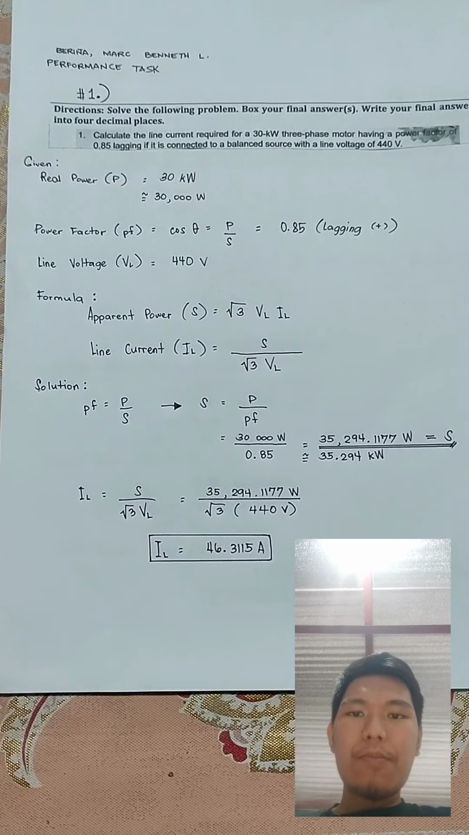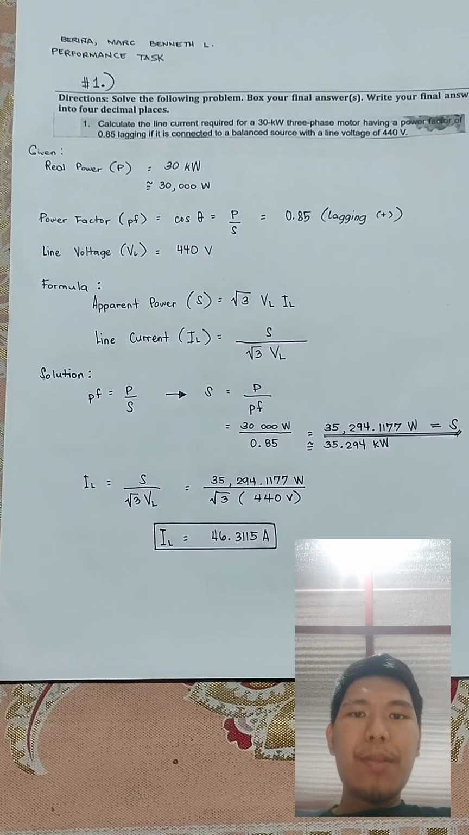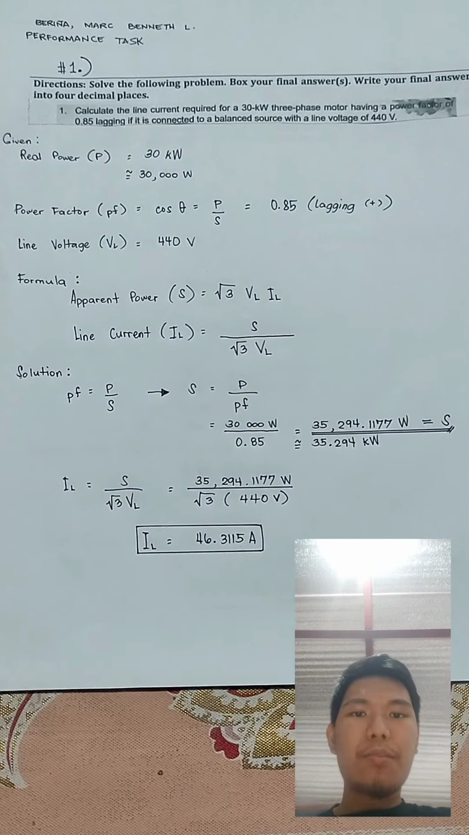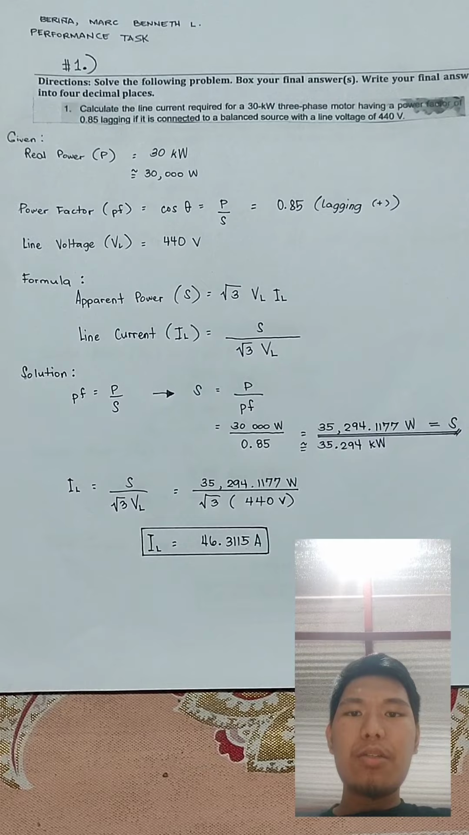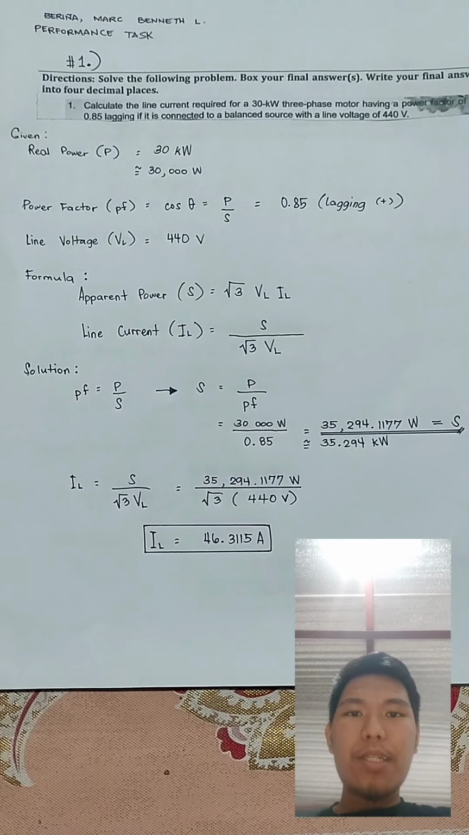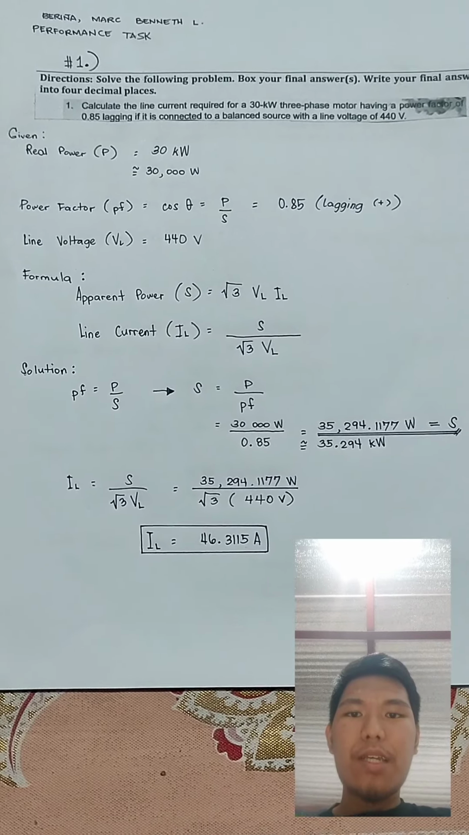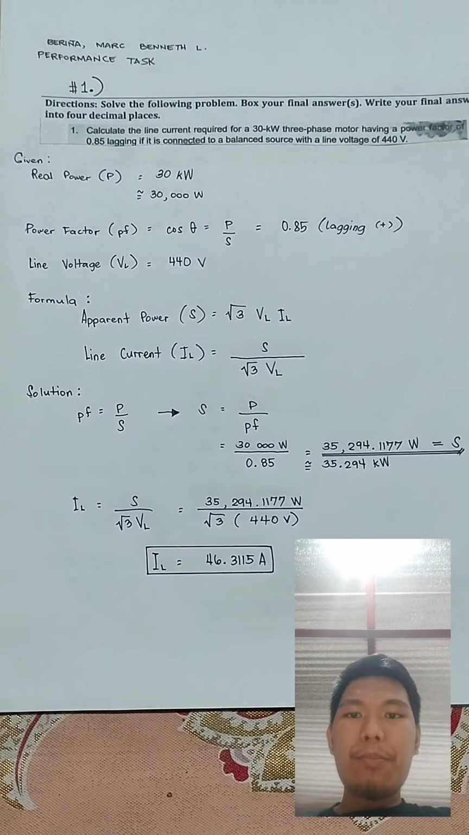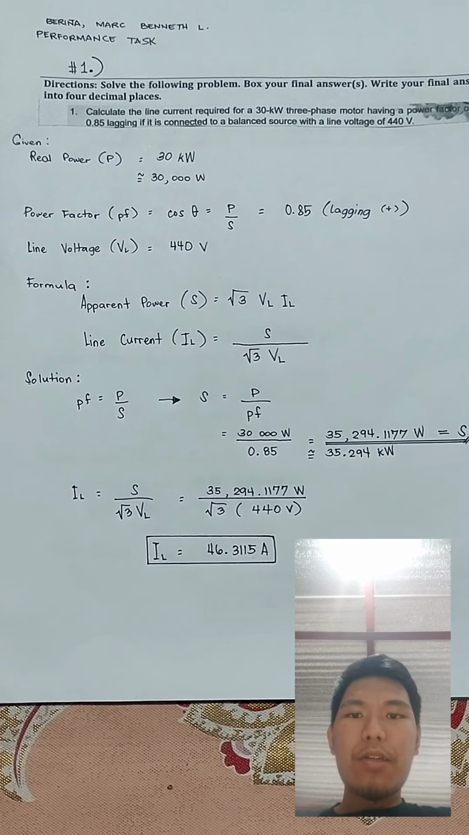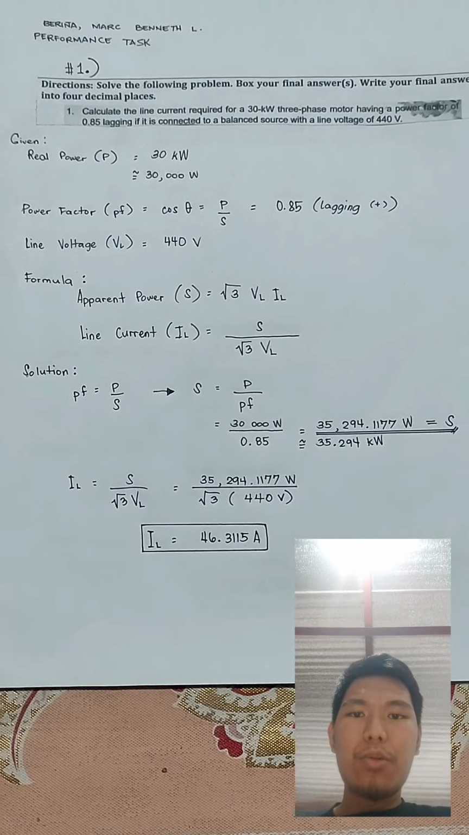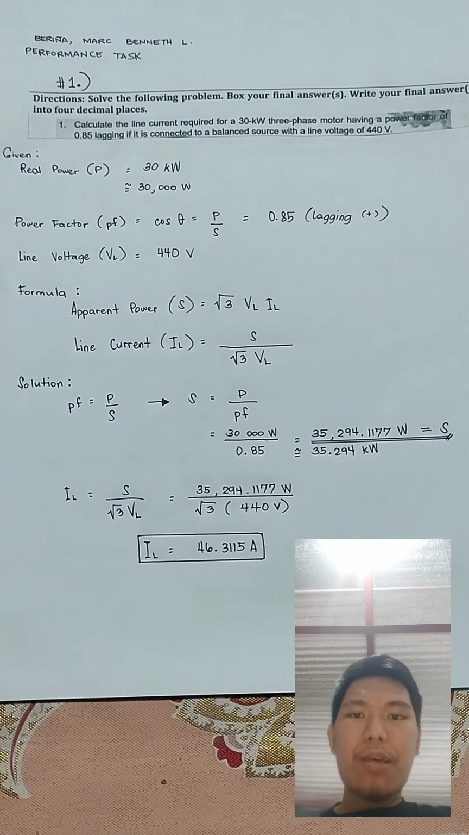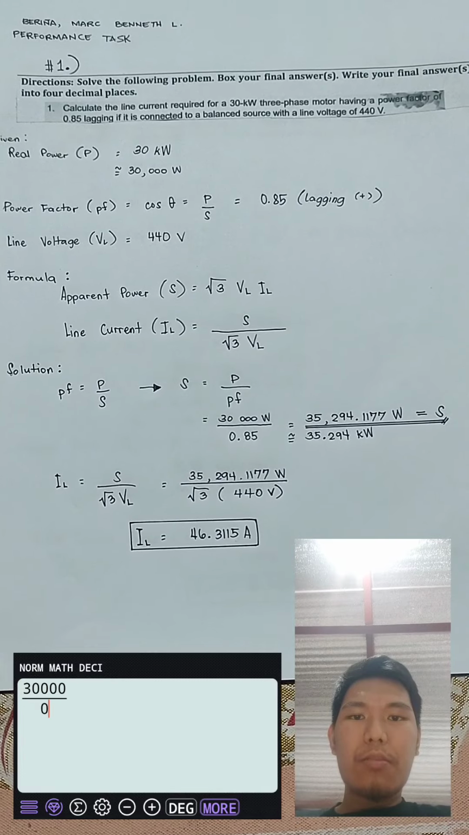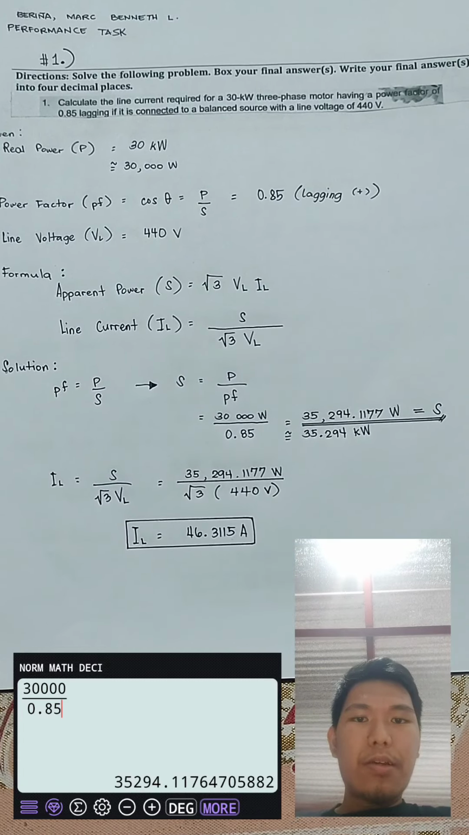And our formula, apparent power S equals square root of 3 VL times IL. We will transform the formula to get the IL: IL equals S over square root of 3 VL. To get the value of S, we know the formula for power factor. Power factor equals P over S, which will be transformed to S equals P over PF. Our S is equal to 30,000 watts over 0.85, which is now equal to